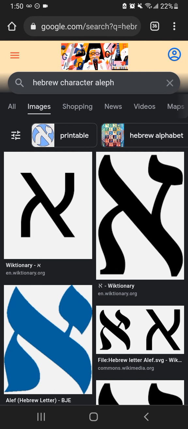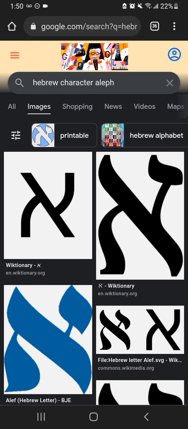So we're going to start here with the first character in what's known as or called the Hebrew alphabet. I call it the character list because alphabet, they call it alphabet, but alphabet is just the two main characters or two leading characters in the character list. You got the Aleph and you got the Bet. In Greek, you got the alpha, beta, and so on and so forth with other languages. So I call it the character list.